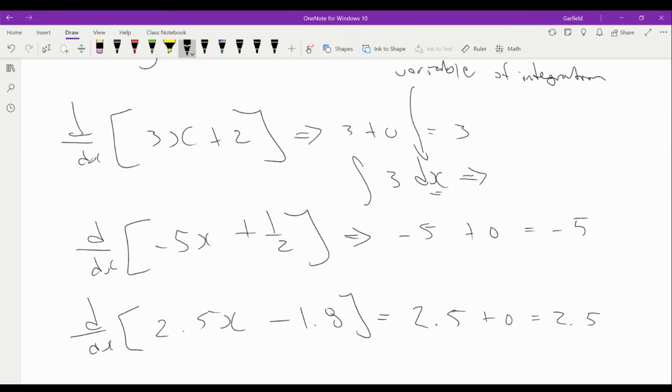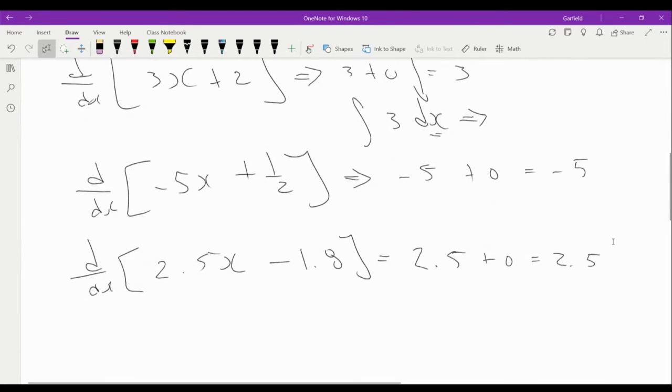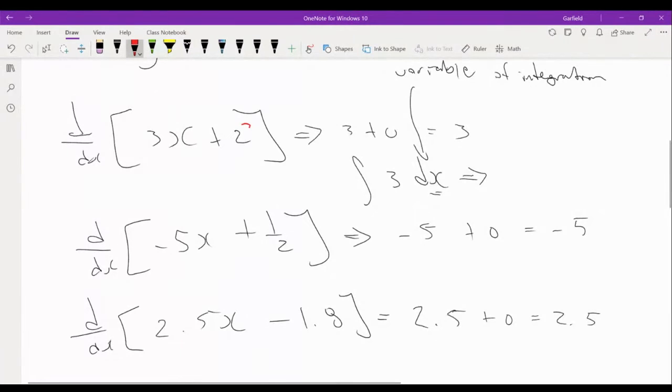Partially correct. Let's back up here. Let's say this was a constant. It doesn't matter which constant it is. When we take the derivative of 3x plus a constant, it becomes 3. When we take the derivative of negative 5x plus a constant, it's negative 5. When we take the derivative of 2.5x minus a constant, it's just 2.5. So if we take the integral of 3 going backwards,